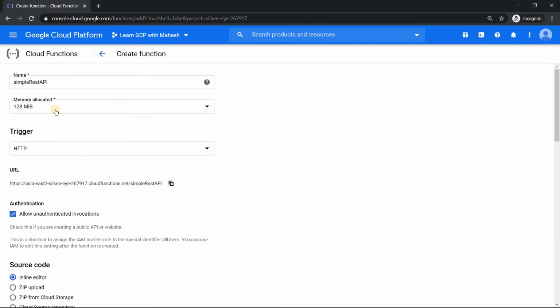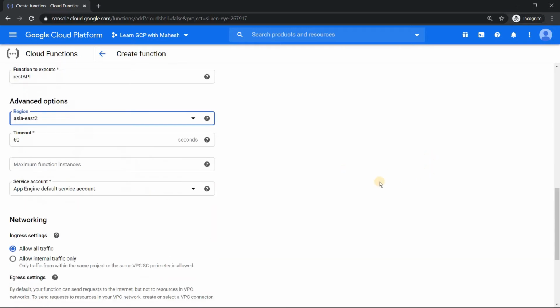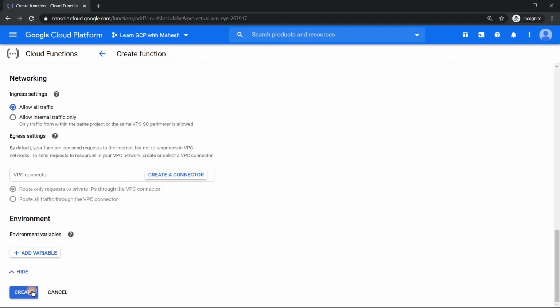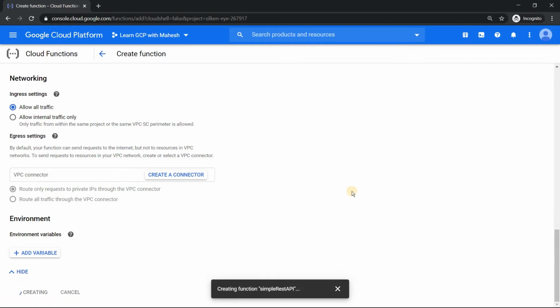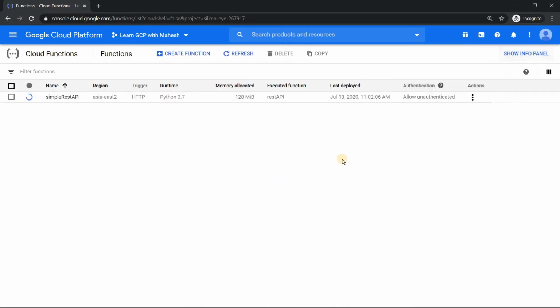What I did is give a name, use an HTTP trigger, allow unauthenticated invocation, and paste my code, replacing the hello world code. And I have chosen the region closest to me. Let's click on deploy. It should take a couple of minutes for the cloud function to be deployed. Once it gets deployed, we'll try to invoke it by clicking on the endpoint. Let's wait for a minute or so.